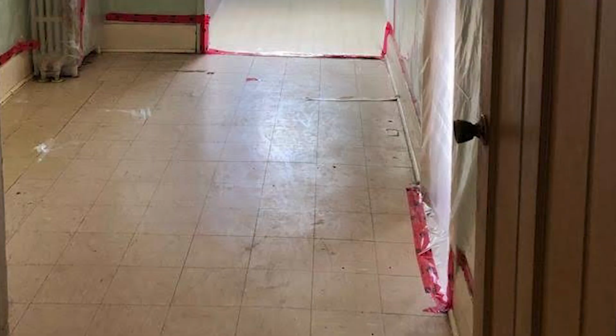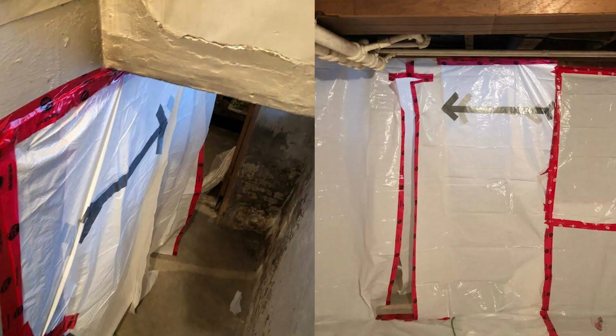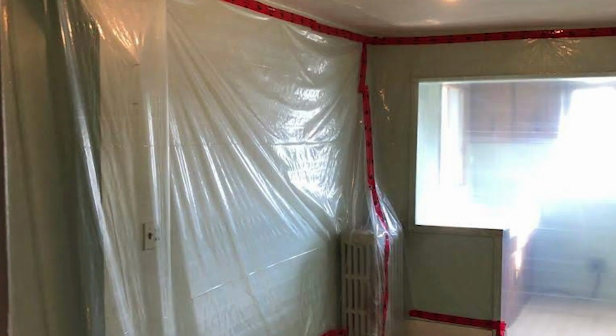The first thing was we did do asbestos testing in the property, and there was asbestos found both on the floors. These 9x9 tiles that were installed back, I don't know how many years ago, tested positive for asbestos, as well as the insulation that wrapped the radiators, which was very apparent to me, having seen many properties, that this was asbestos as well. So knowing that there was a remediation cost associated with getting rid of the asbestos,